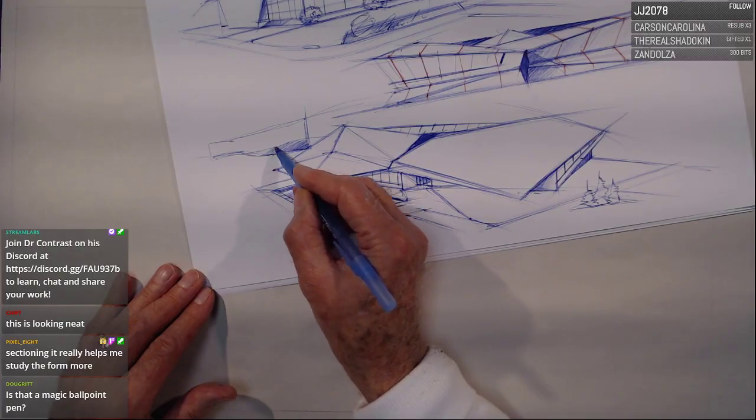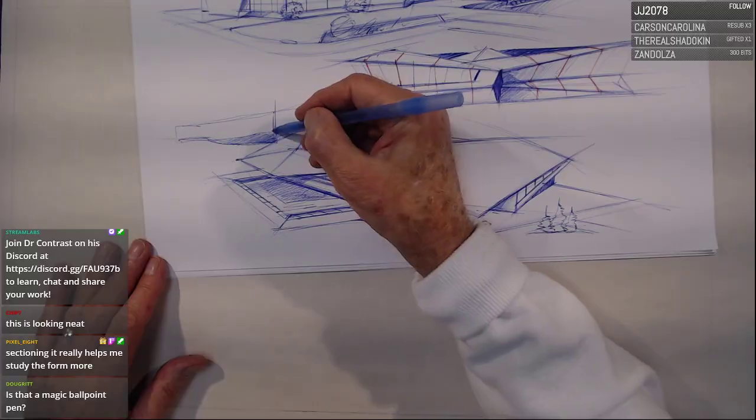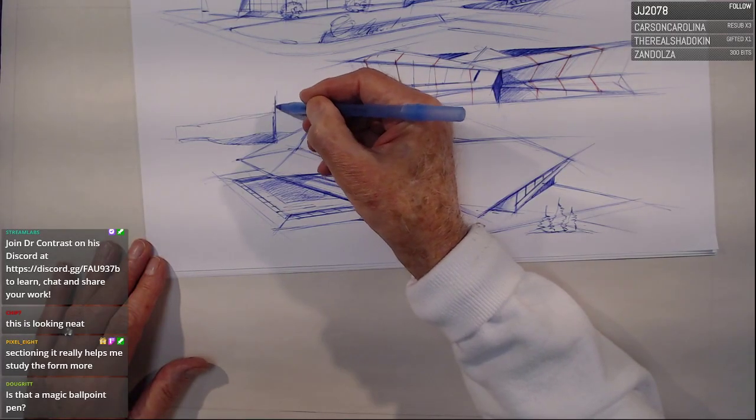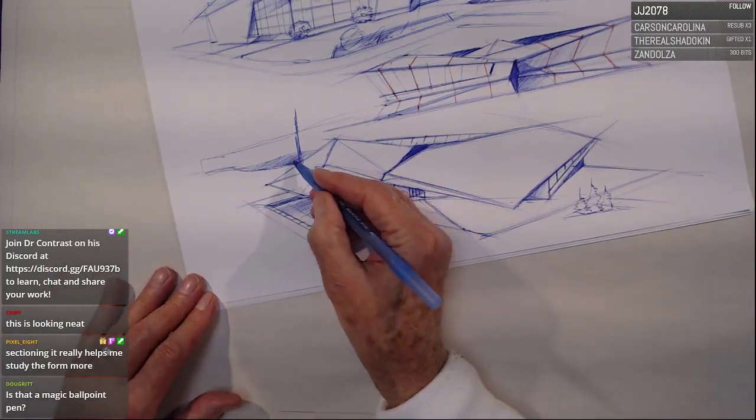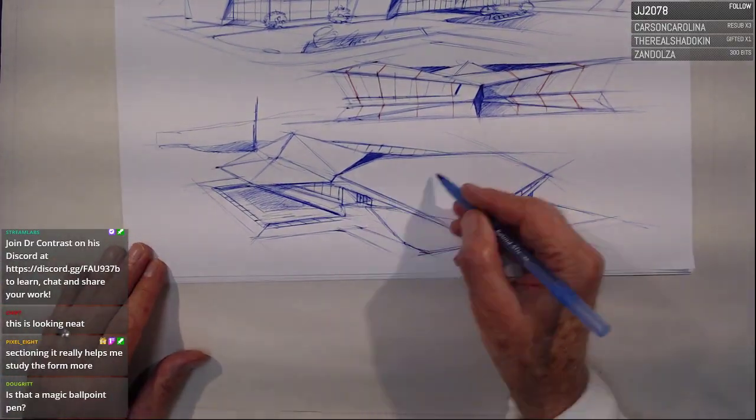A bit of a background, set it in, take it away from being so crisp. And the antenna work, a little bit of shadow across that, fill that in, and maybe one little bone line